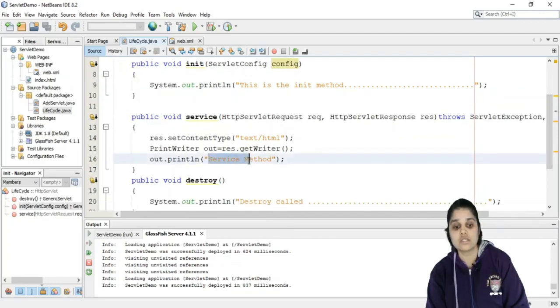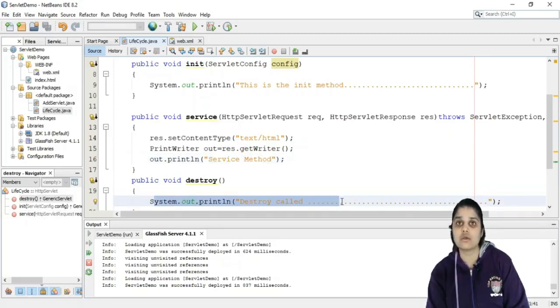So you will get your result in the browser in the form of the service method. Now it comes to a halt. If you want to destroy this particular servlet from memory, then its object will be destroyed and memory will be cleared. For that you have to stop the server, and when you stop the server, you can see this destroy being called.